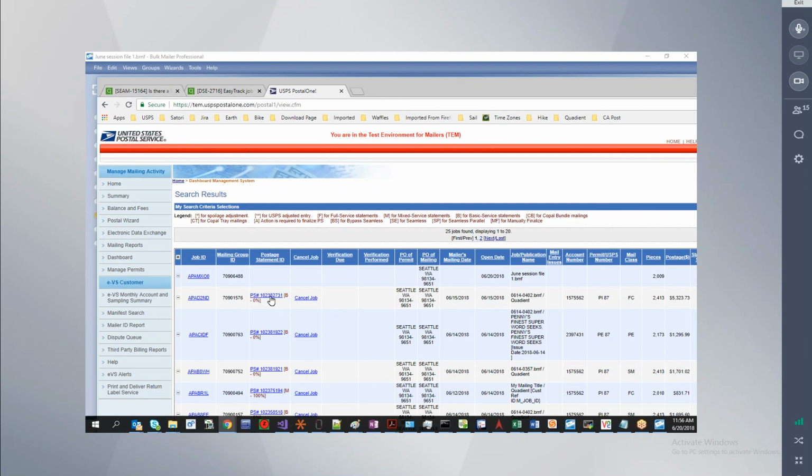The postage statement number gets generated during this process of uploading. We don't have access to that when you do the mail sort, so it doesn't get captured in the mail sort summary. But if we click on that,